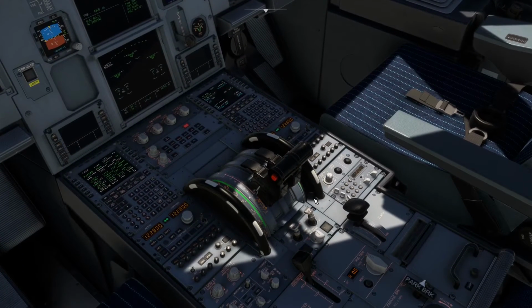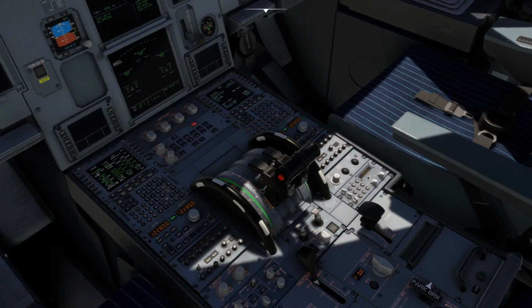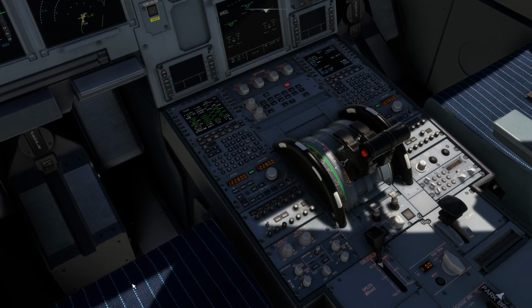Flaps go to takeoff position, which was 1. So I've moved the flap lever back to 1. We need to arm the ground spoilers, although we don't actually need to do that until we get to the runway. We'll do that. We'll follow the list properly. I'm terrible for just winging it now and again. Okay, so